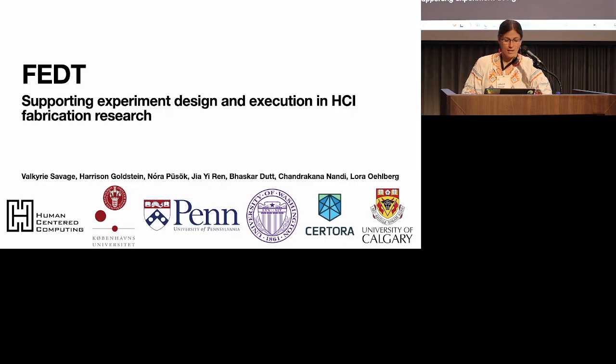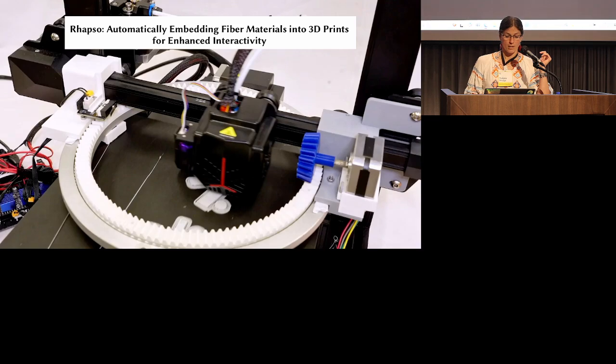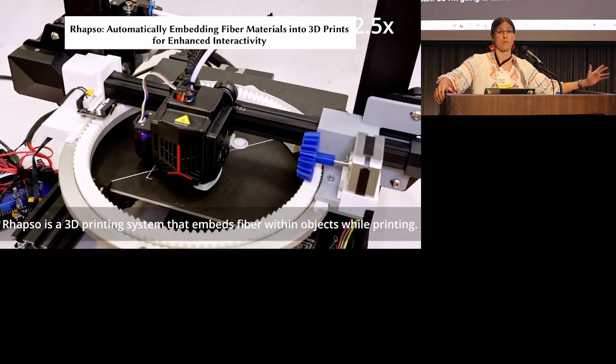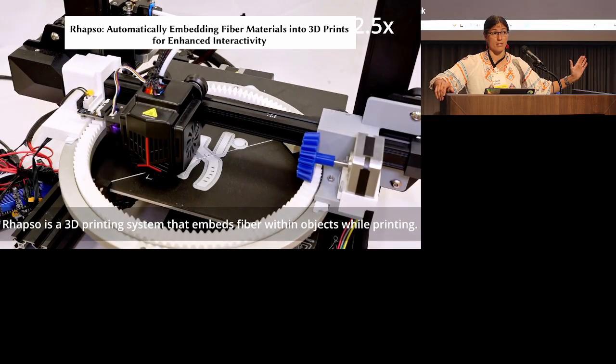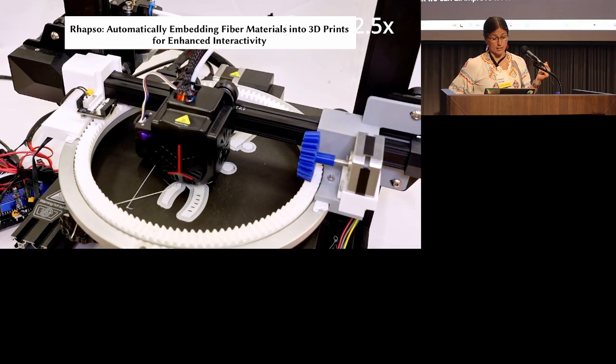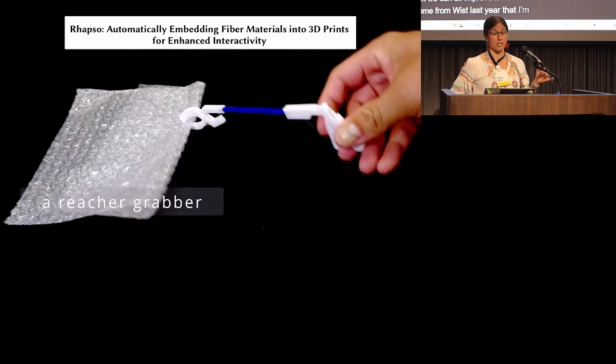Thank you, Tisha. So I'm going to talk about fabrication research itself and one way that I think we can all improve it. I love fab research, you love fab research. Here's some from UIST last year that I'm one of the authors on, so I'm going to pick on this paper a little bit. Rapso contributed a new machine that lets you embed fibers into objects to make new kinds